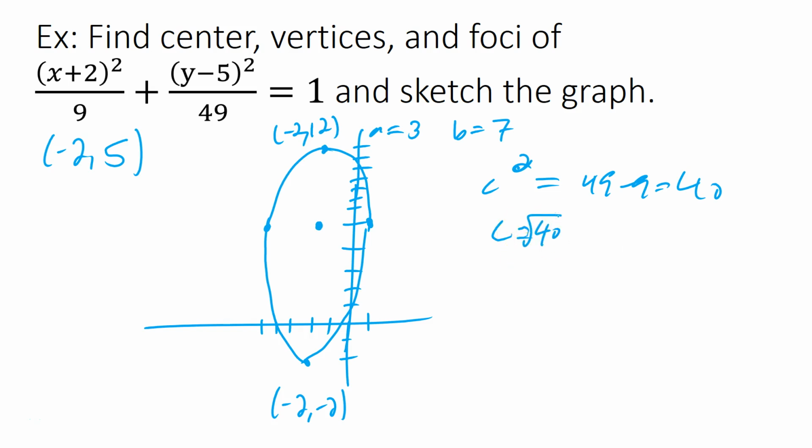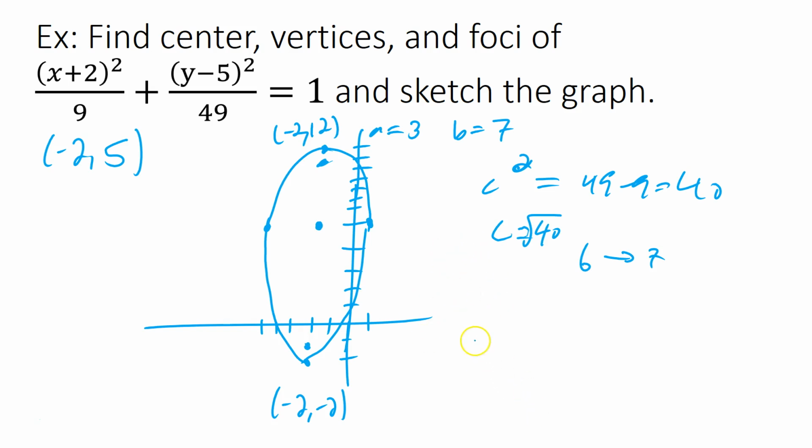Square root of 40. So if root 40, that's going to be between 6 and 7. Right? Because 6 squared is 36, 7 squared is 49. So we're going to go up and down between 6 and 7. 7 is all the way, so it's going to be pretty close to the edges. This happens a lot when you use whole numbers. Okay? So our foci, now the